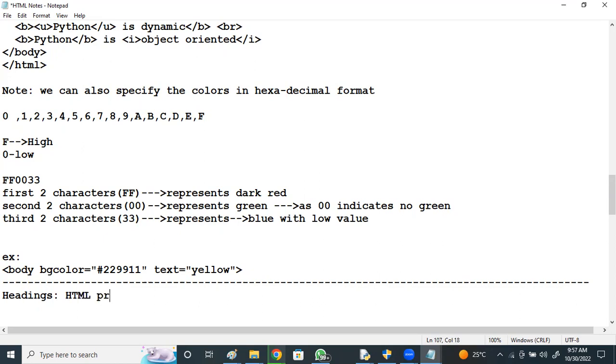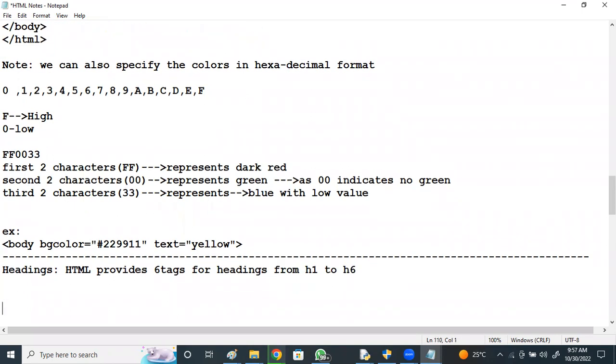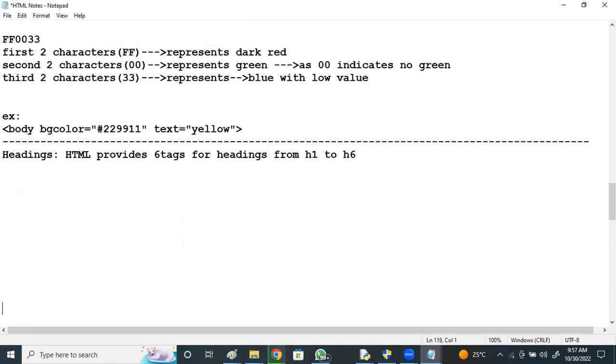HTML provides six tags for headings, from H1 to H6.